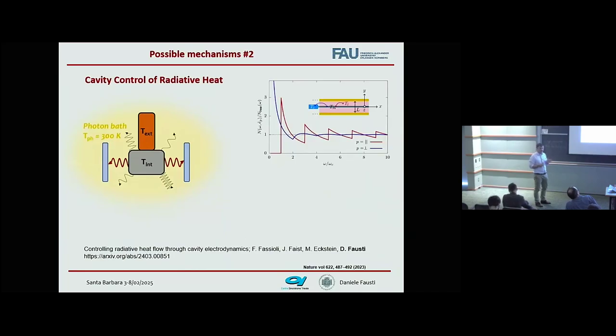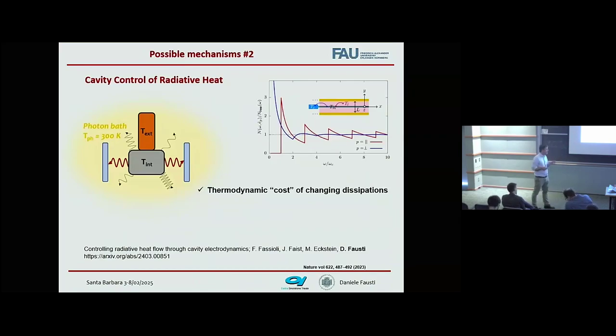And what the cavity does is shape how the object sees the photon bath in which it is immersed. So whenever you define the Stefan-Boltzmann law, where you have a certain sigma, a certain emissivity, in this emissivity you have the dipole-allowed transitions in the material, convoluted with the density of states of the photons of the photon bath with which this material exchanges photons. By shaping the cavity, I can shape this part, and I can shape the emissivity of a material.